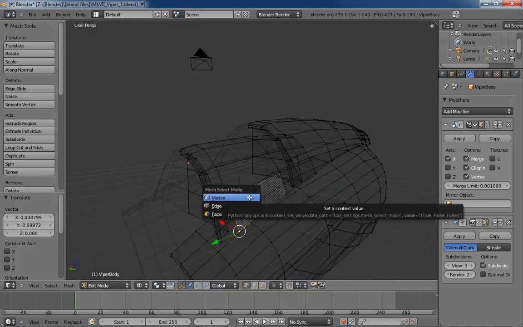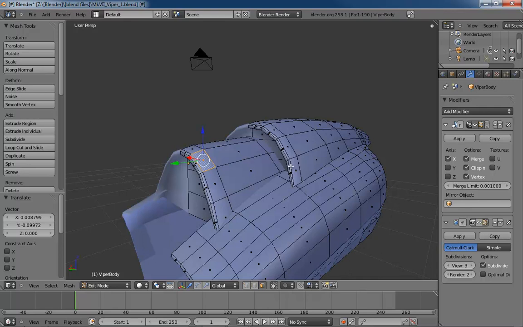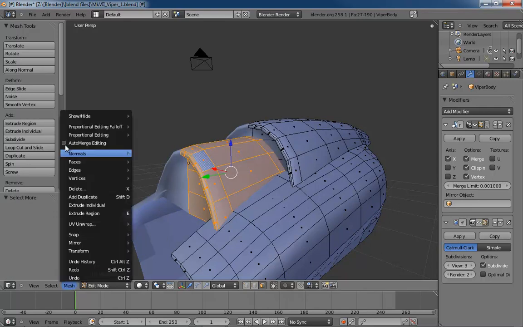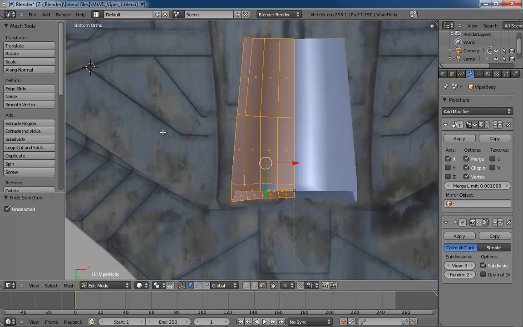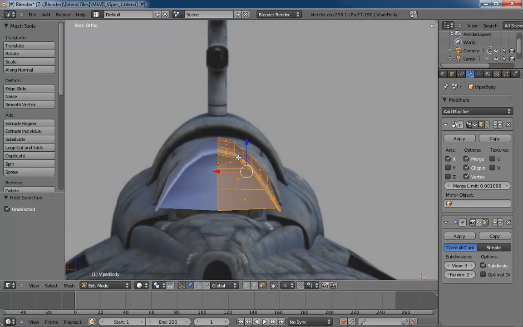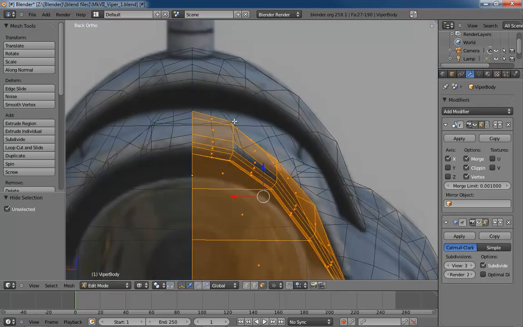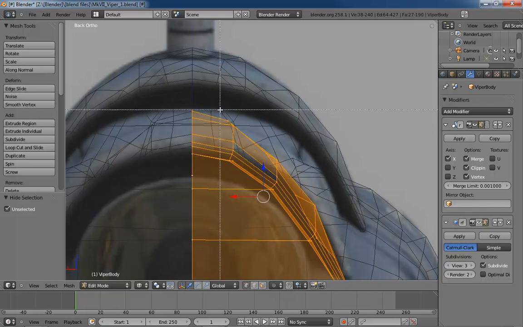Let's hit Control Tab F, grab any one of these faces on this surface, and hit Control plus until we have the whole thing selected. Then we're going to come down here to Mesh, Show Hide, and Hide Unselected. That just gives us this to work with, which will be pretty handy overall. So now let's go back over to the front view, and now this should be a whole lot easier to manage. Hit Z, Control Tab V for vertex,